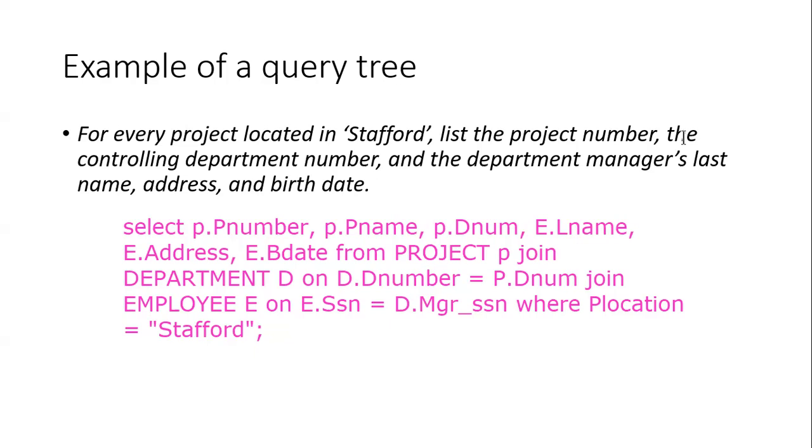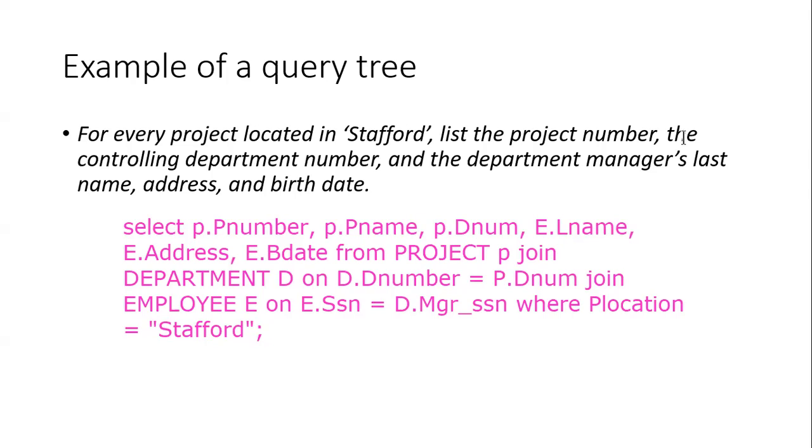So since we are connecting three tables, we have two join conditions and one selection. That means it should be project location from Stafford. And what we need to retain is project number, controlling department number, and department manager last name, address, date of birth. Right. Okay. So let's see its equivalent